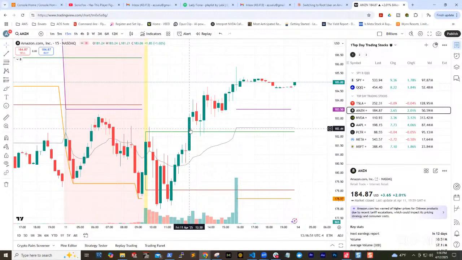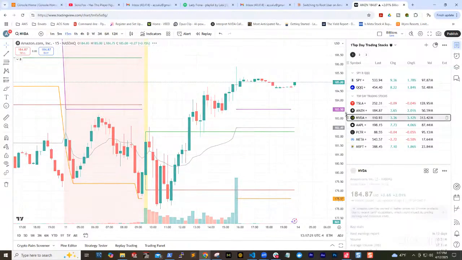But you saw that if you left it for the day, it just kept going up, and it went to that purple, and it went as high as right there. So you can sell it right there. But let's say I entered it here, I probably would have sold it right here. As soon as it crossed this purple line, it went from 182 to 183. As soon as it crossed this purple line, I'll put my stop loss right here, so that if it drops below that purple line, sell it. And I would have taken my profit here. So that's the level.